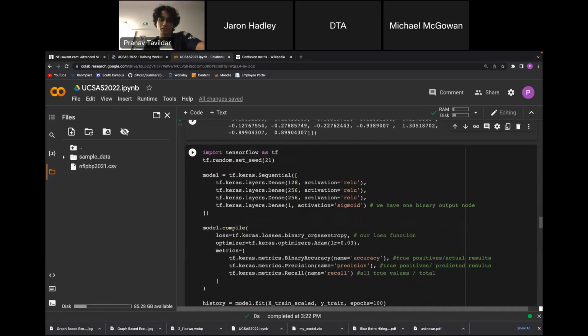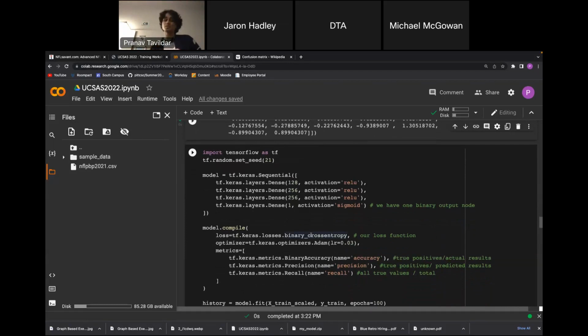So we have to specify a loss function, right? Because how are we going to calculate the loss? Since we have one categorical output, we want to use binary cross entropy to determine the loss, because that's a very good choice for the purpose that we're looking for.